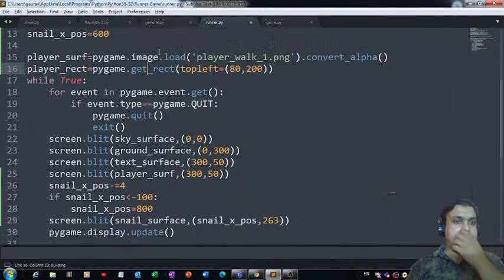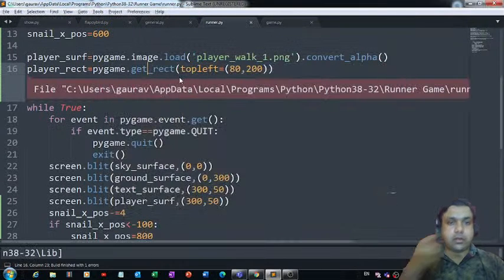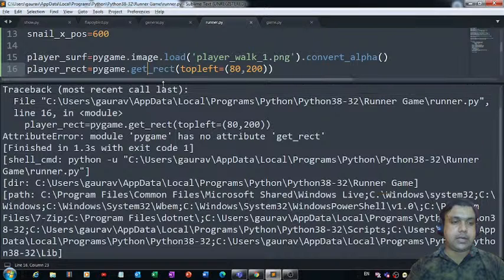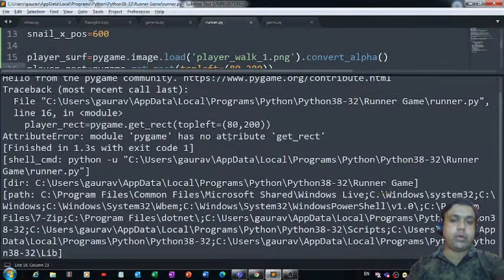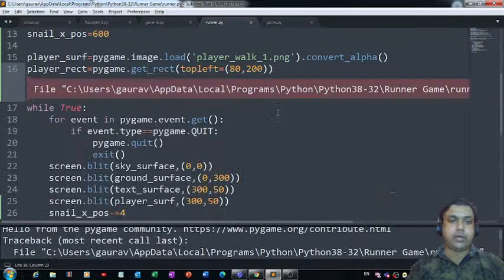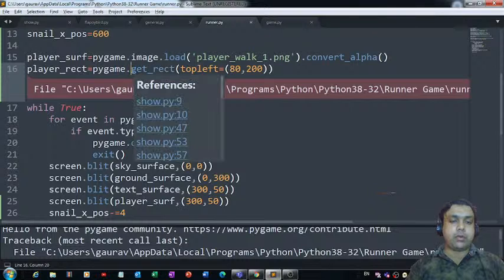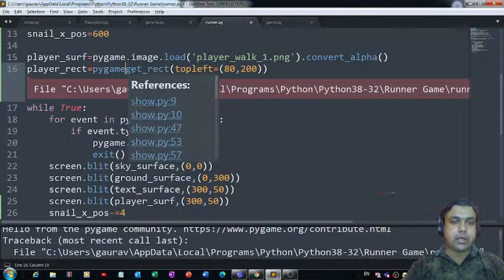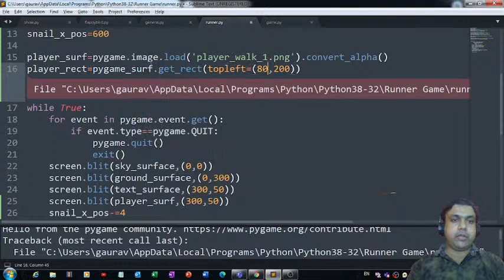Let me build it again on Python and see. Okay, get rect. Now, why is this showing us this error? That's what we'll have to check. Module pygame has no attribute get rect. Okay, so I think we haven't made use of this class properly. It is in this pygame underscore surface class. I think now it will give us the correct output. I didn't mention this surface, so